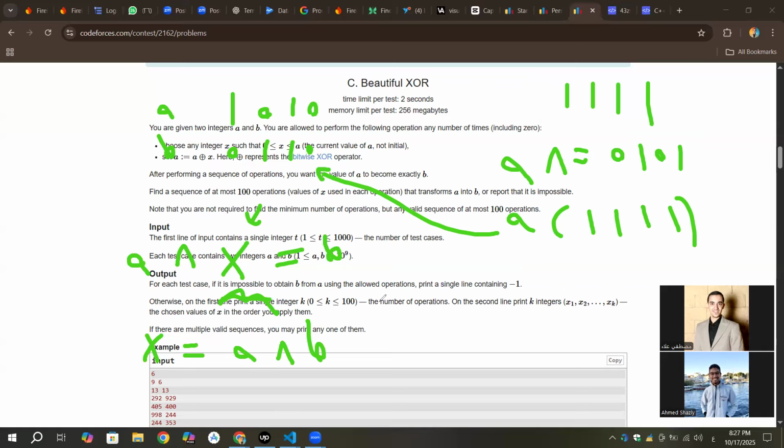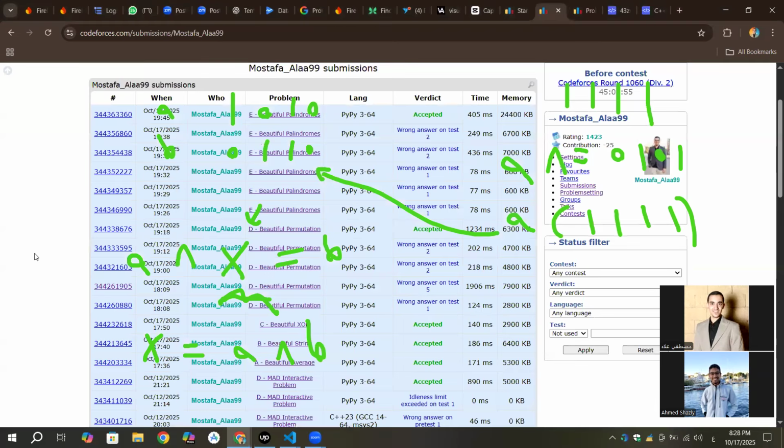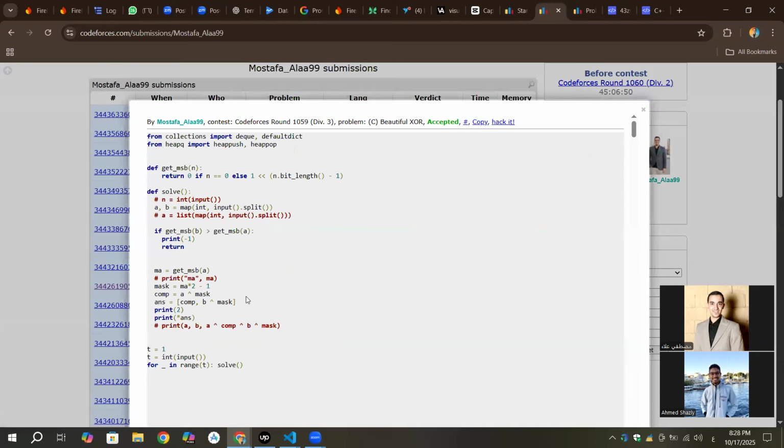So that's the answer exactly. So I'll just show you the code for this problem C. So first thing, I'm getting the MSP. If the MSP of B is higher than MSP of A, so I'm just printing -1. Otherwise,